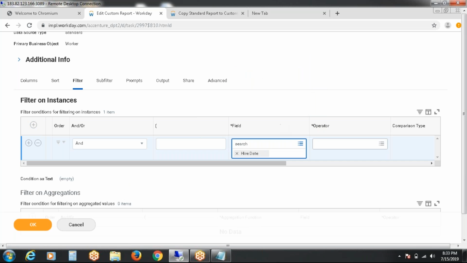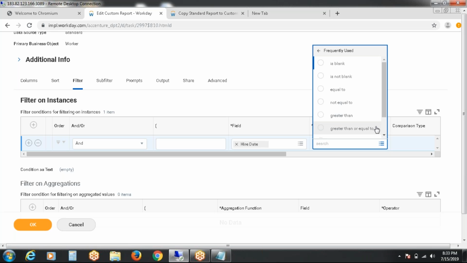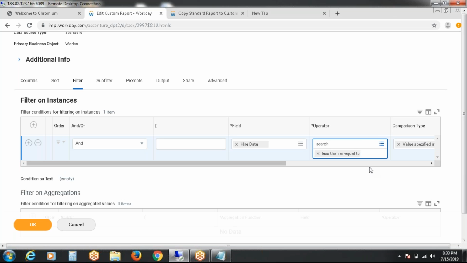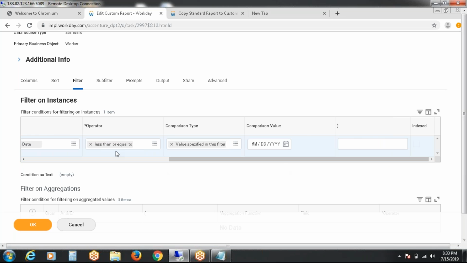By that only I can get all the details. See, different options came here. In the previous simple report, after the operator you have the comparison value. In between these two, there is one more type called comparison type. So I will explain each and everything. Let me run the report first.